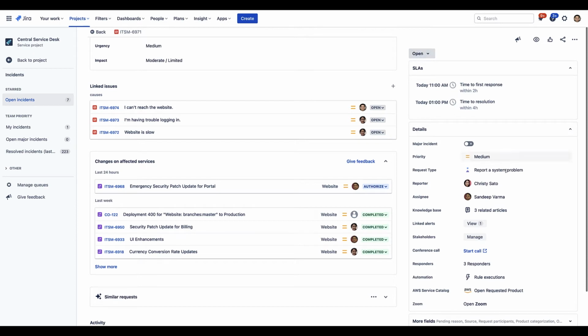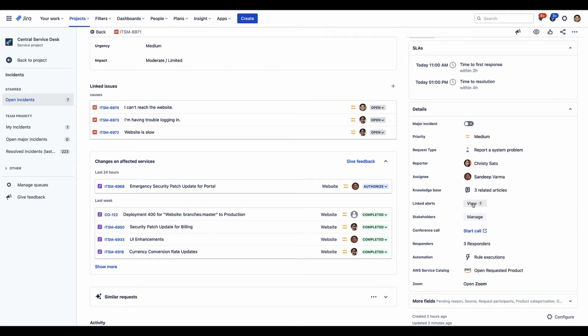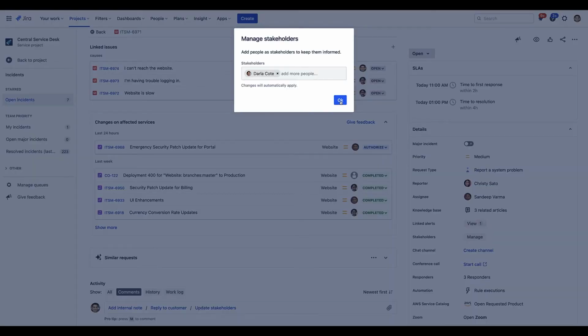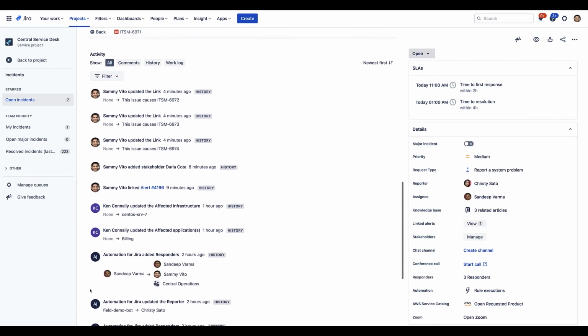smarts-enabled fields like assignment that will suggest assignees based on who is most likely to interact with the type of record you're working on, any alerts that have occurred, notifying key responders and stakeholders of what's occurring, stakeholder communications, a timeline showing key events and activities,